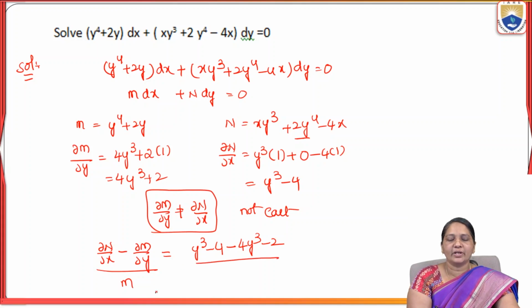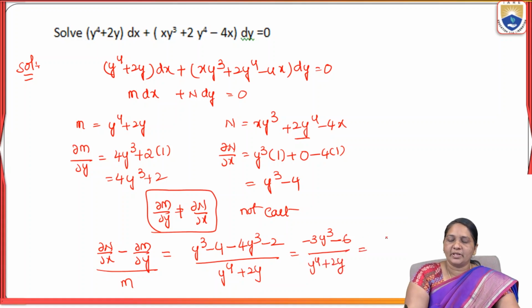What is the M value? M is y⁴ + 2y. So here y³ − 4y³ is −3y³, and −4 − 2 is −6, over y⁴ + 2y. Here I am taking the common factor −3 out, so y³ + 2, and taking the common factor y, so here I got y³ + 2. These two will be cancelled. Finally I got this value as